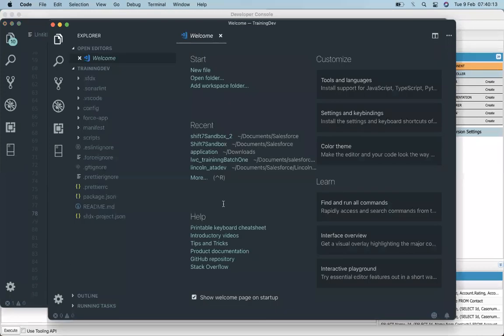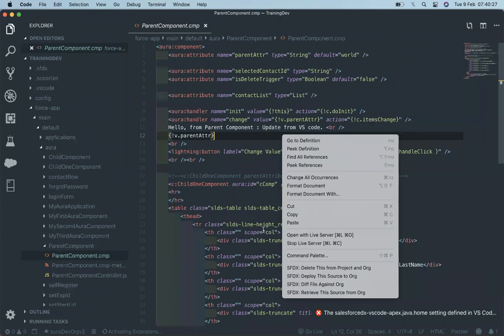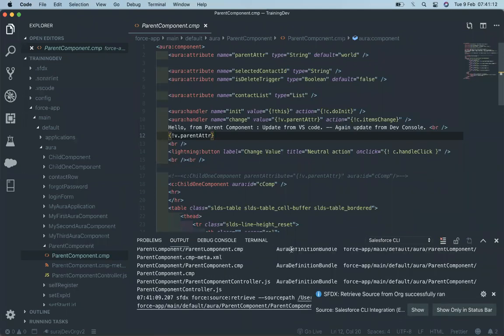Component source, and once you click, it starts running. Okay, so now once it's retrieved, you can see the changes are showing up here.